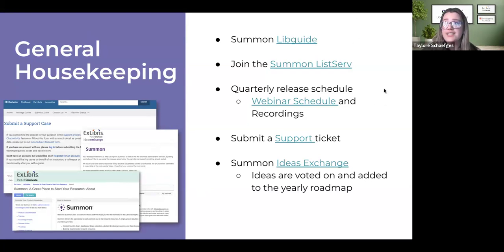The first one I wanted to highlight is our Summon LibGuide. This is really nice if you're new to Summon, or maybe there's someone new at your library who is tasked with the management of Summon. This Summon LibGuide is a great starting place that provides a centralized location for all of your Summon related resources. We offer tutorials, best practices, tips and tricks for proper management and to help your users maximize